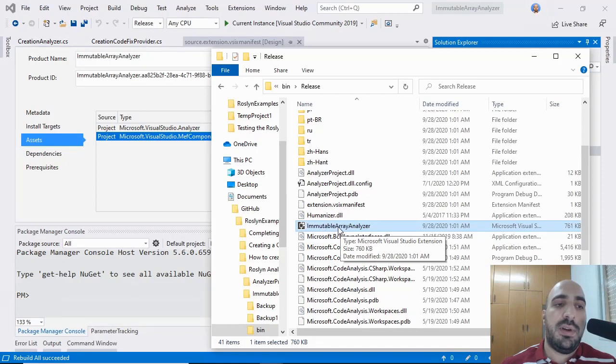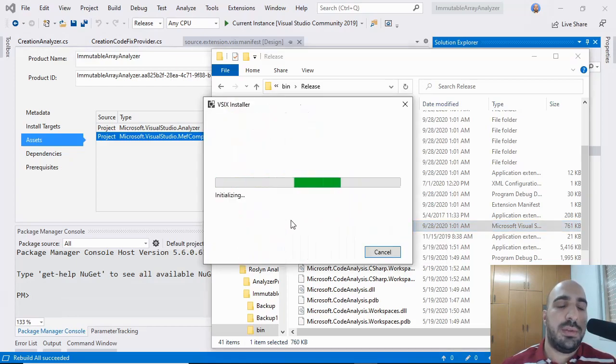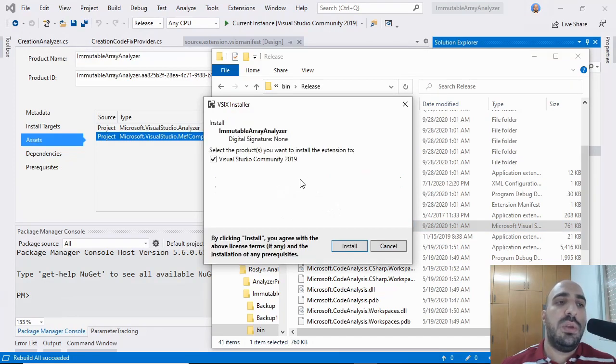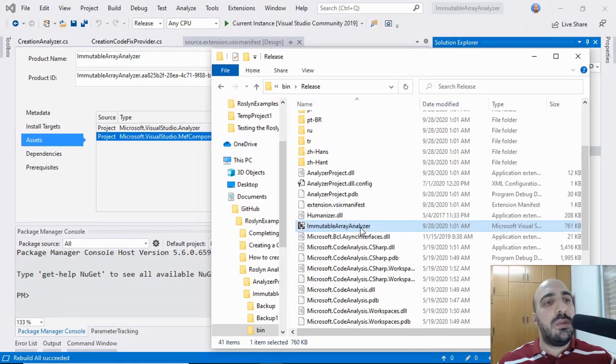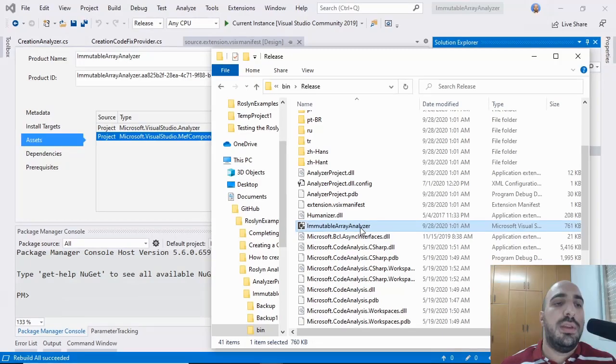So I can take this file and send it to another machine where Visual Studio is installed, and install this VSIX file by double-clicking on it, right? And this will cause the analyzer and the code fix to be deployed to that machine. Okay. Another thing you can do with VSIX files is publish them to the Visual Studio Marketplace.